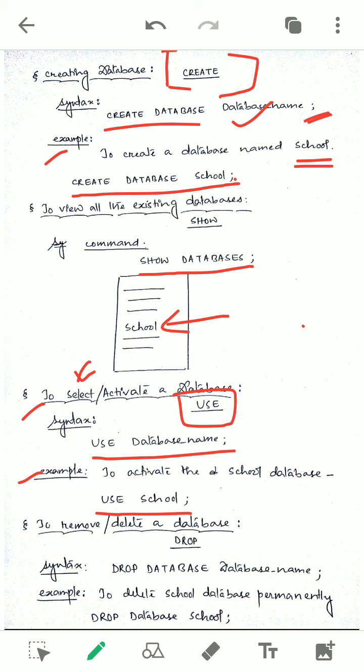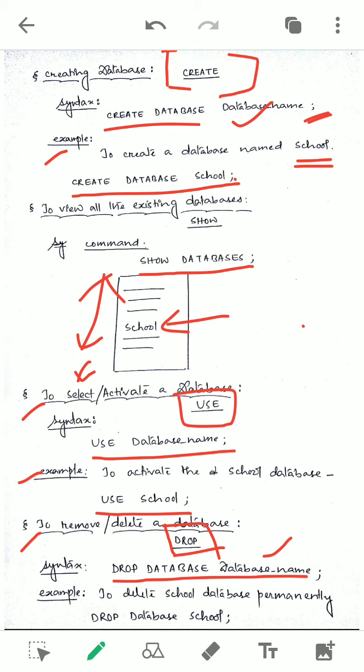Okay, now how to remove or delete a database permanently? Here the command is DROP. As you know, drop is used to permanently delete something. The syntax is DROP DATABASE, then the database name. We may have so many databases, so among these, the one you want to delete, that database name you have to mention.